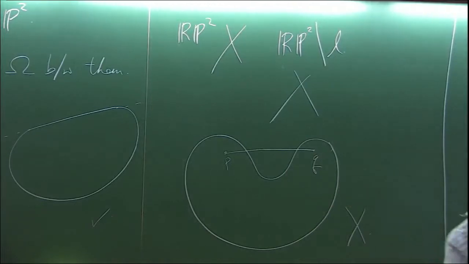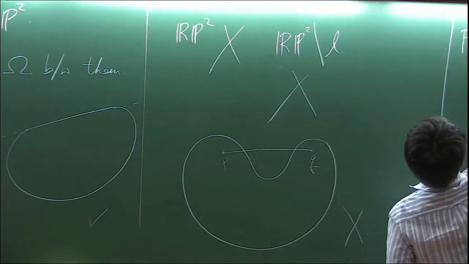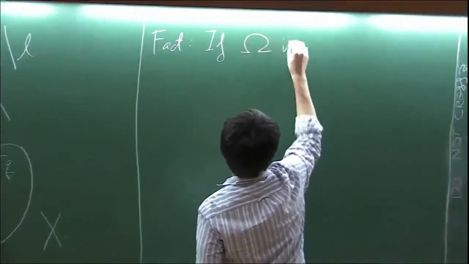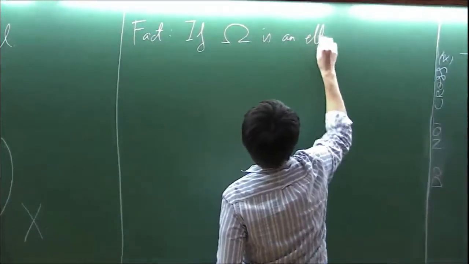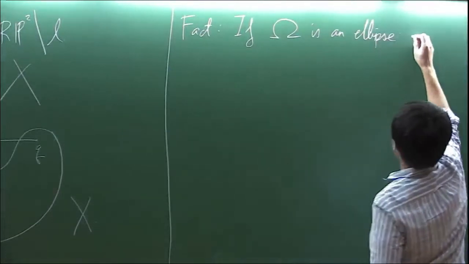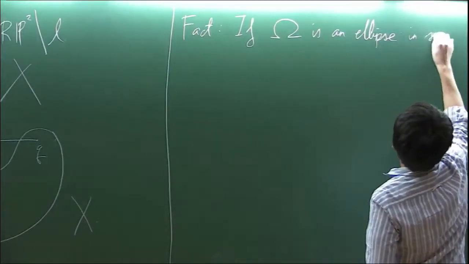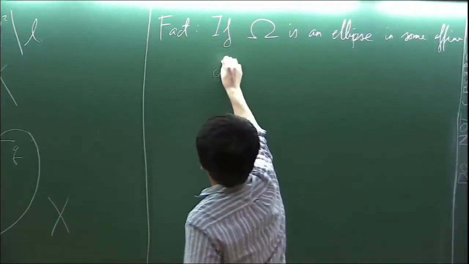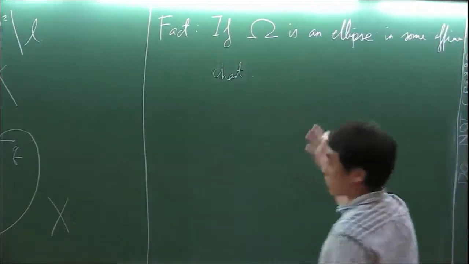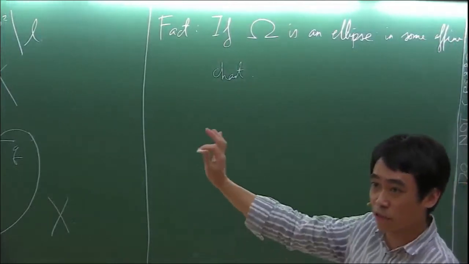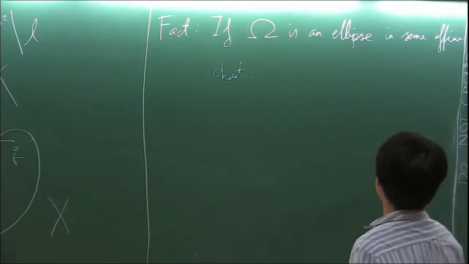Now here's a fact. If your properly convex domain omega is an ellipse, and it's an ellipse in this affine chart. An ellipse is something that's preserved under affine transformations, so it makes sense to talk about an ellipse in the affine chart. Okay, then,